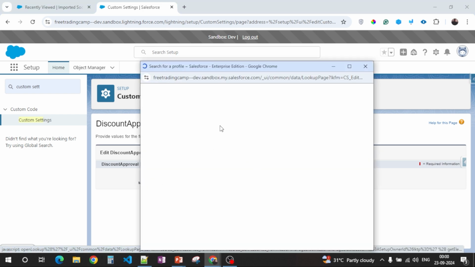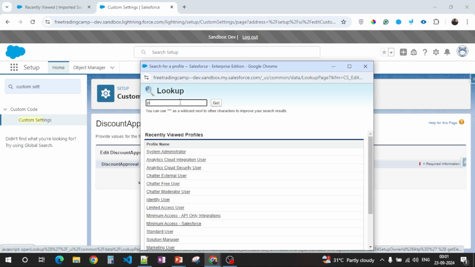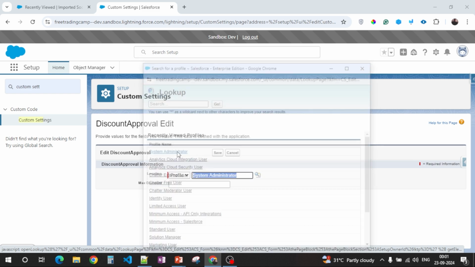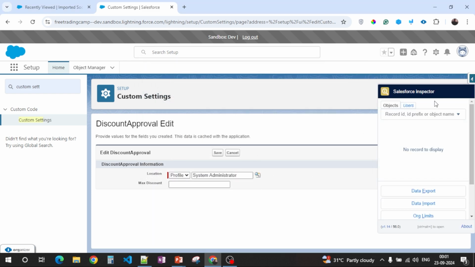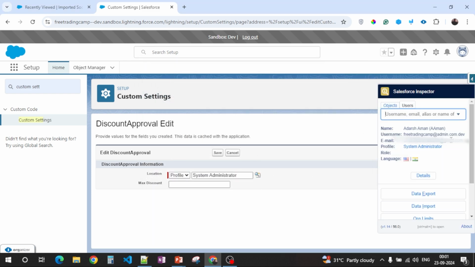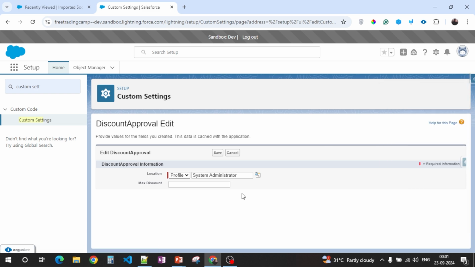So let's see if we have any partner user or not. I don't think we have a partner user profile. So let's give it to the system admin profile because I have the system admin profile, right? If you see here, you can see I have the system admin profile. So I'll give the system admin profile 15%, right?